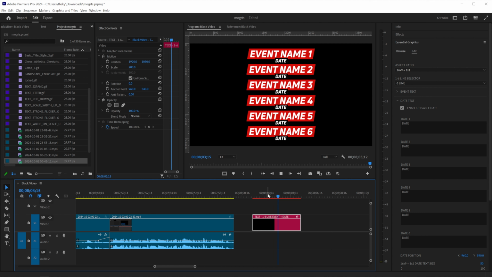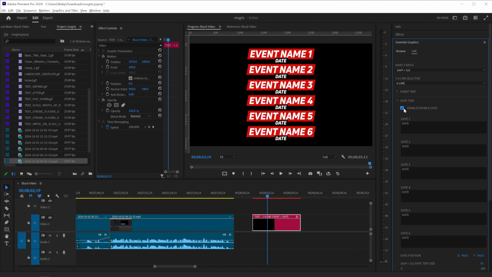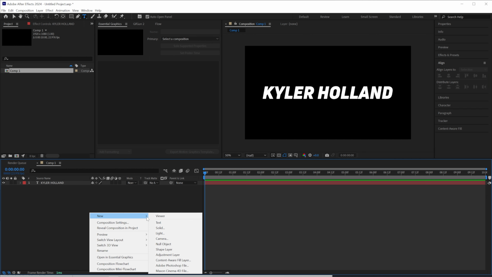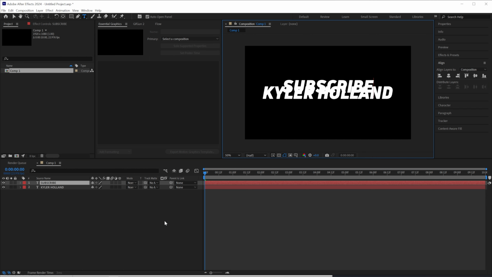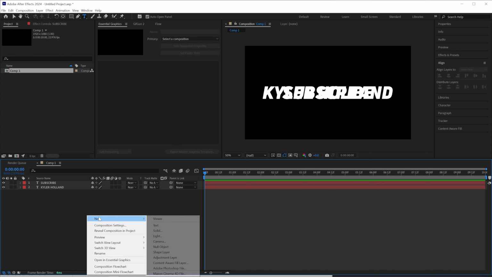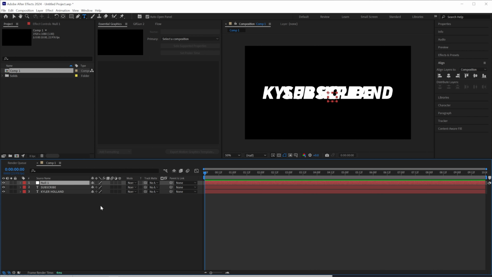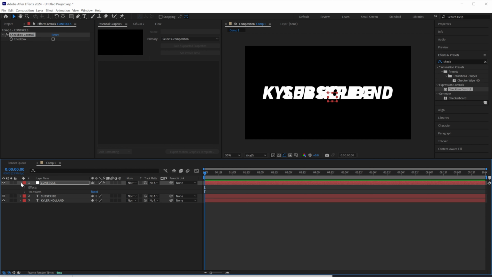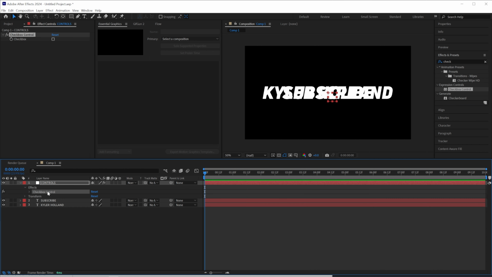This next one is probably my second most used expression, and it's simply a checkbox. A checkbox allows you to enable or disable certain parameters. Let's create two text layers for this example. And new text layer, subscribe. Now they're on top of each other, and we don't really want that. So all I need to do is create my control layer. So right click, new, null object. Let's type this controls, and let's go to effects and presets and type checkbox control and drag that onto our control layer. Click the down arrow, go to effects, checkbox control, and let's say subscribe